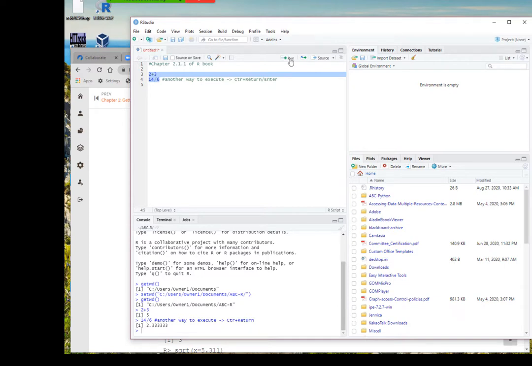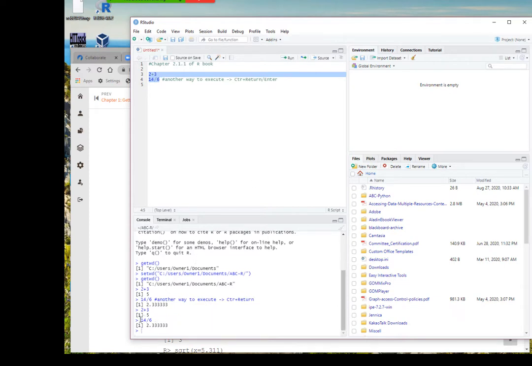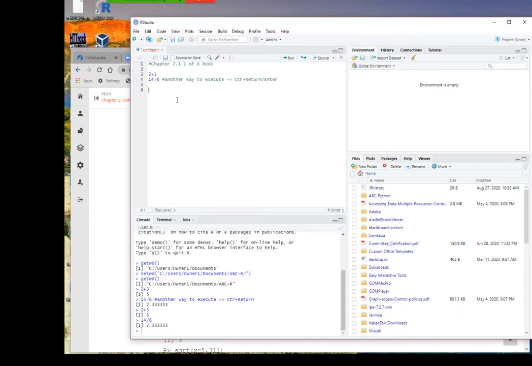I have the same result, 5 and 2.33. So that's how you can execute these lines of your script. The Python, not the Python, sorry. I'm so used to the word Python. I've been teaching Python for many, many years now.